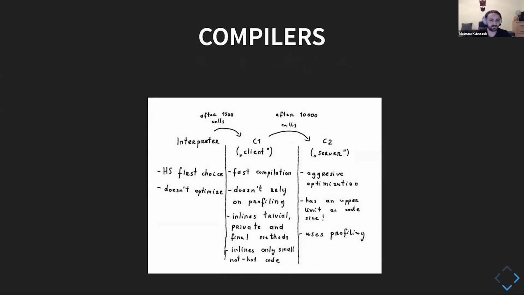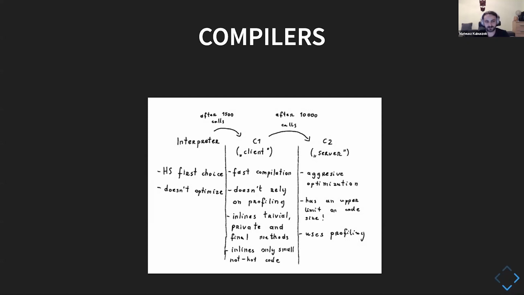So how JVM's HotSpot approaches that is that it makes some distinction. Initially everything runs through the interpreter. HotSpot doesn't make any sort of effort to figure out what to optimize, anything like that. It just interprets everything and starts counting how many times some method has been called. And once it sees that some method has been called 1,500 times, it sees, okay, so this is something that is frequently used, so we might start doing something about it.